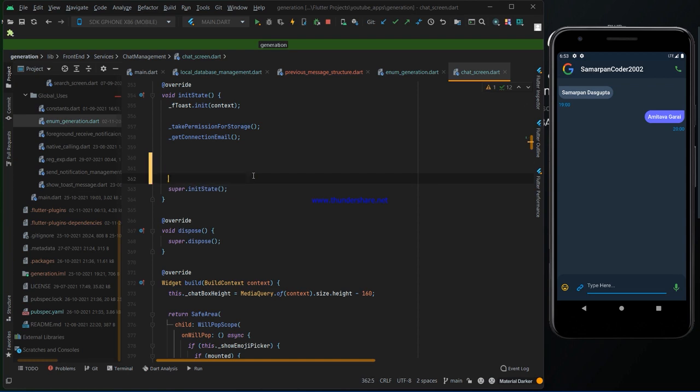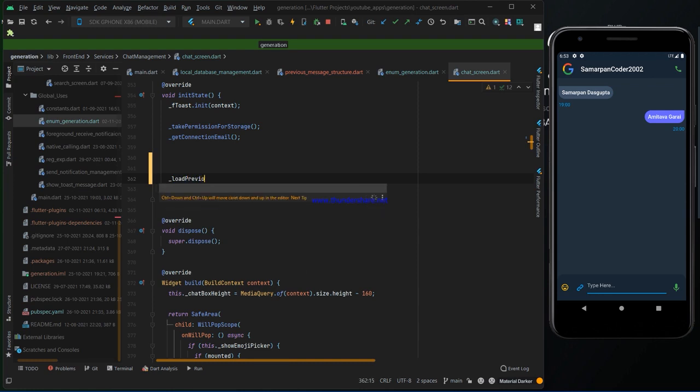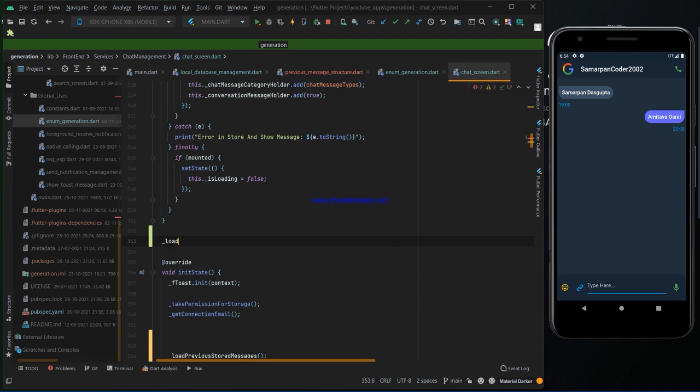So we have to cut it at first and write load previous stored messages. We have to make that method first.